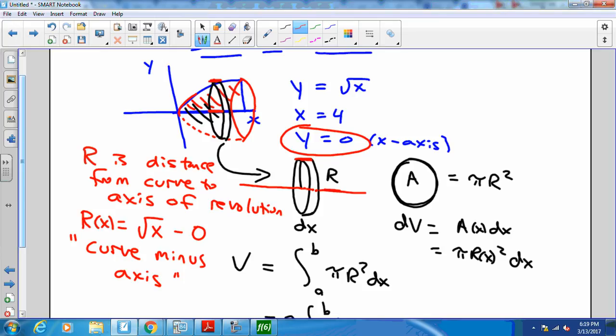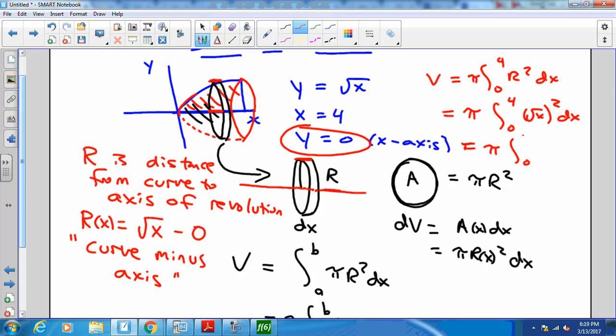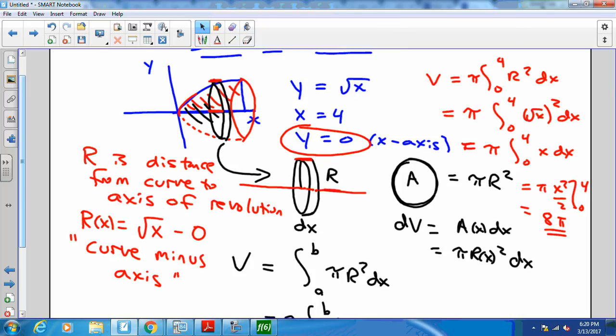So putting all of this together then, we can say that the volume of the solid that we created is going to be equal to the integral from 0 to 4 of pi r squared dx, and the radius of my disks at each point x is going to be equal to root x. So we have the integral from 0 to 4 of root x squared, which is just x. Integrating, I get pi x squared over 2 from 0 to 4, which is equal to 16 over 2 times pi, which is